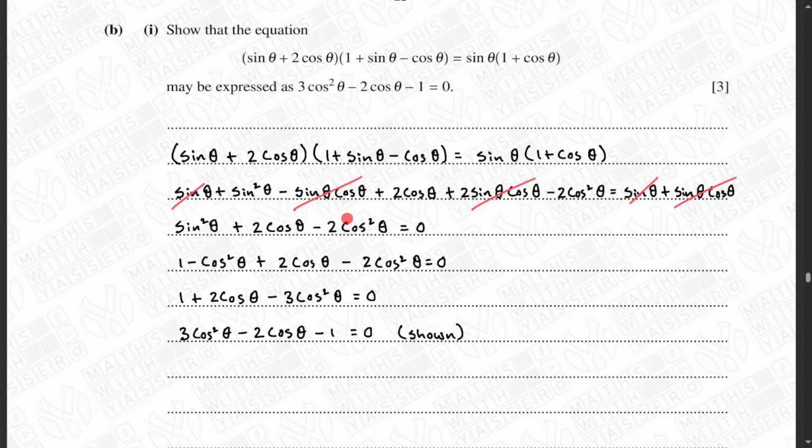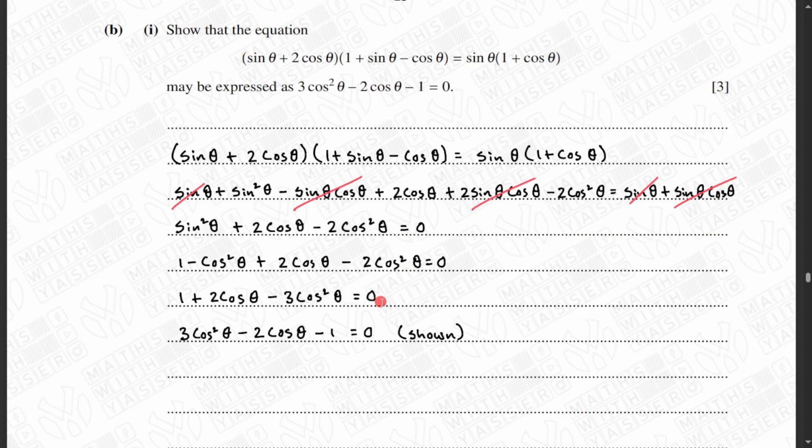Now we can cancel out all the positive and negative values. So we are left with sine squared theta plus 2 cos theta minus 2 cos squared theta. And we can see that the expression they are looking for does not contain any sine theta or sine squared theta. So we can manipulate sine squared theta as 1 minus cos squared theta and leave these two the way they are. Now, simplifying this further, we get 1 plus 2 cos theta minus 3 cos squared theta